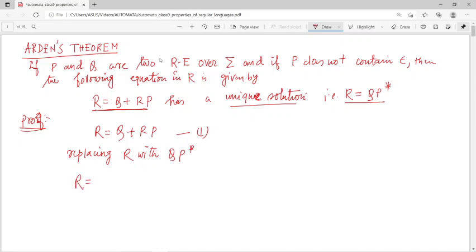So R becomes Q plus QP star P, and Q is taken as common, that means we can write P star P, and it's nothing but epsilon plus R star R, that can be written as similarly as